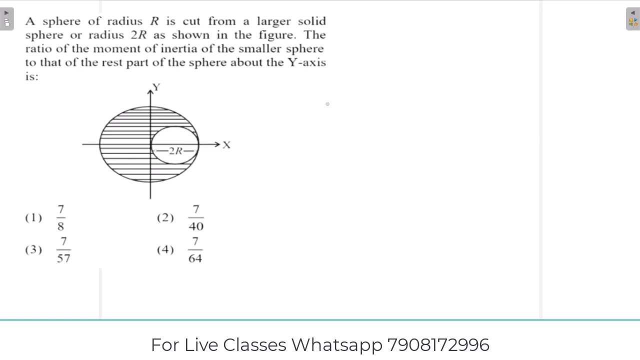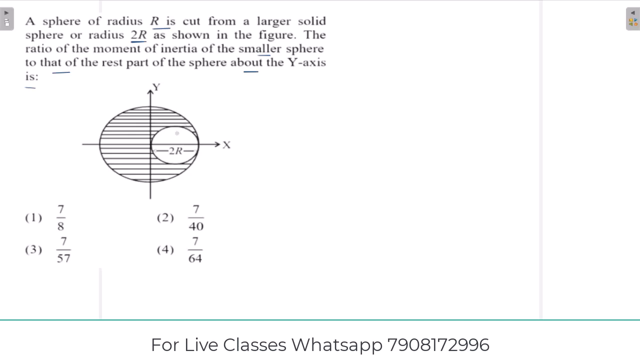A sphere of radius r is cut from a larger solid sphere of radius 2r as shown in the figure. The ratio of the moment of inertia of the smaller sphere to that of the rest part of the sphere about the y-axis is. So, here is a sphere of radius 2r and a smaller sphere of radius r is cut from the larger sphere. We have to find the moment of inertia of the smaller sphere with respect to the remaining part of the